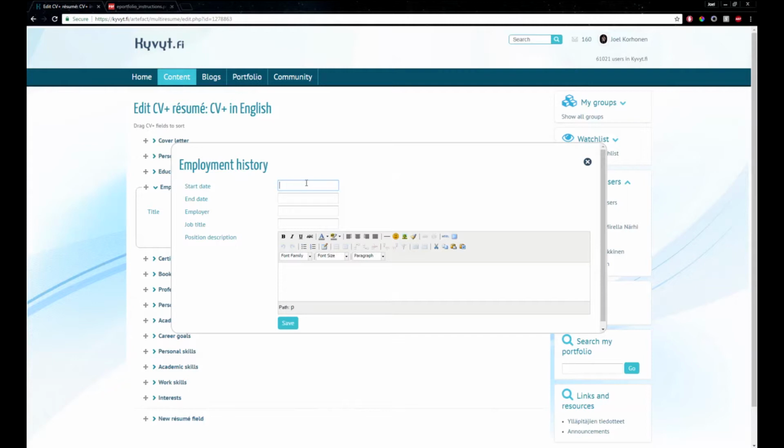The start date can be an exact date, or it can also be text and numbers. You can also leave the fields empty if you want to fill the form later. Okay, I filled in my employer and job title,